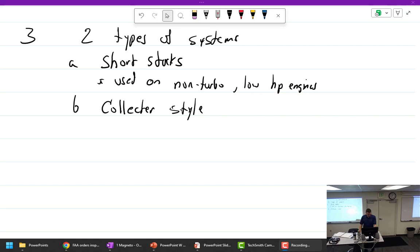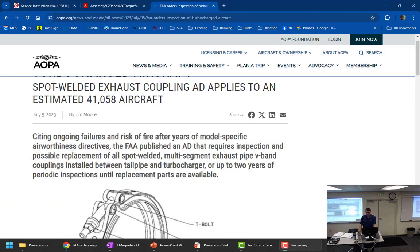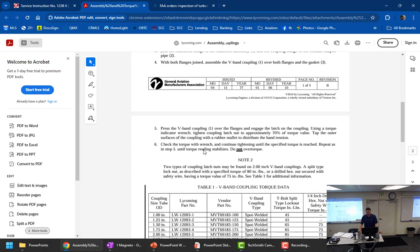All right, talking about these collectors. I pulled this up real quick because it's in my notes. It's about this one. Lycoming